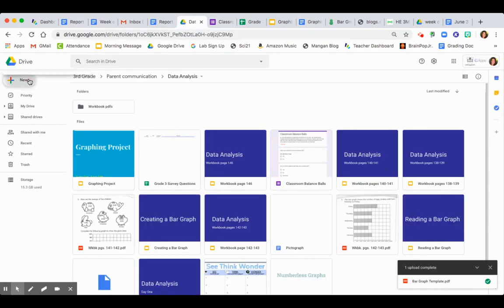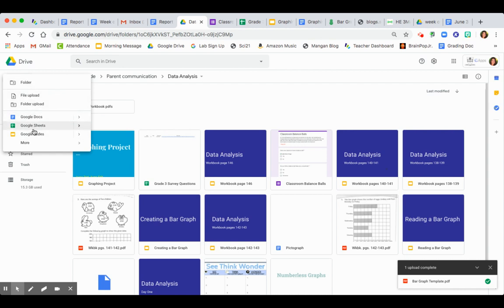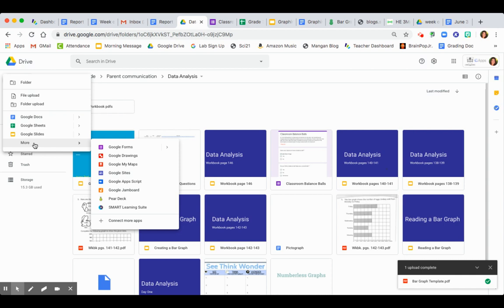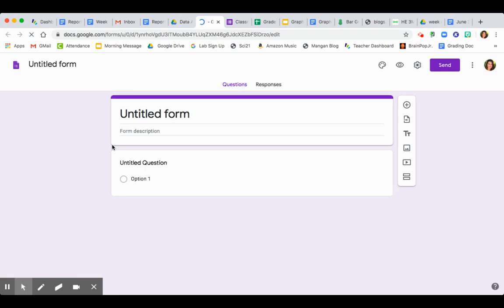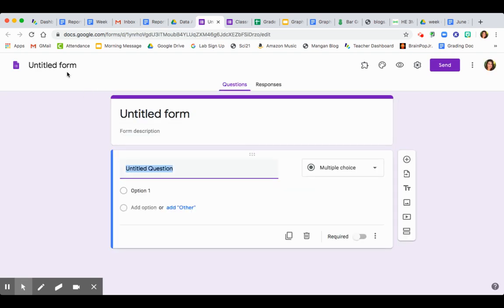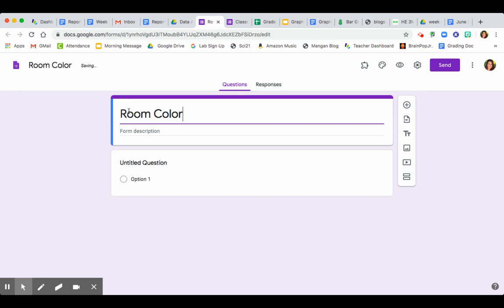So I'm going to go into a folder and I'm going to go new. You'll notice it doesn't say Google Forms here, so you have to go down to more, where it will bring more choices. You'll go to Google Forms, it's there in purple. When it comes up, you'll see there are 2 places where it says untitled form. I'm going to write the title of mine, so maybe I'll write room color, and here it does it automatically